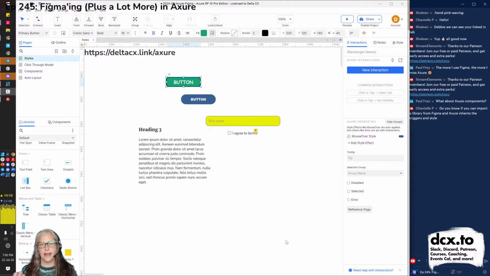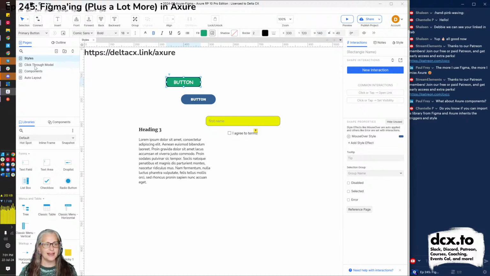So why is that? Because in Figma, you can have one page, and you can have an entire website on one page, and you just make artboards. And so this screen is over here, and then this next screen is over here, and this next screen is over here, and then you have these things that kind of move you from this artboard to this artboard to this artboard. Axure doesn't do that. Axure predates Figma. So Axure was thinking more in terms of web pages. People want to move from one page or screen to another. So this is the way that Axure does it.